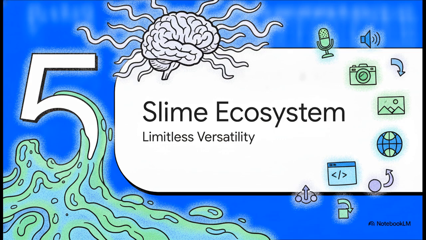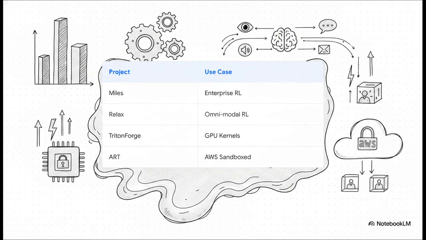Finally, let's wrap up with Section 5, the Slime ecosystem, limitless versatility. Because Slime doesn't stubbornly fork the training kernel, it serves as an incredibly versatile, totally reusable RL substrate that extends far, far beyond just standard text generation. To show you exactly what I mean, let's do a rapid-fire look at some of the independent systems built entirely